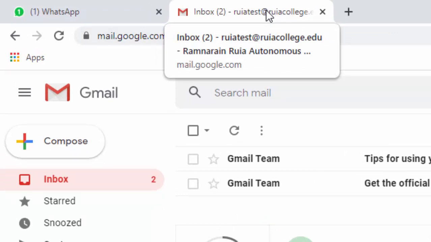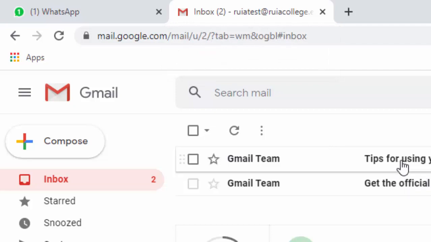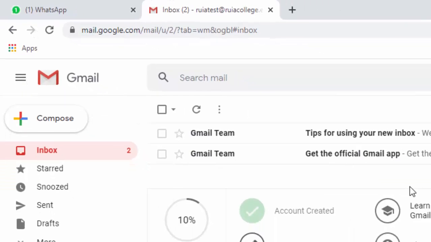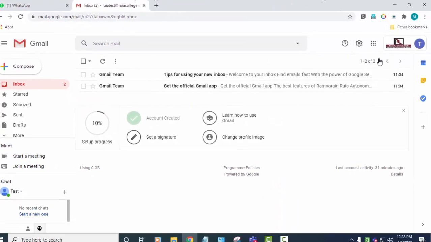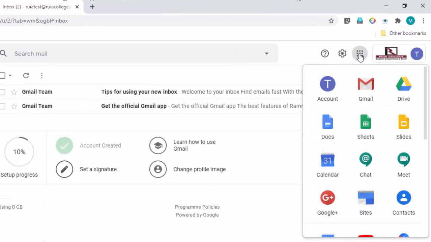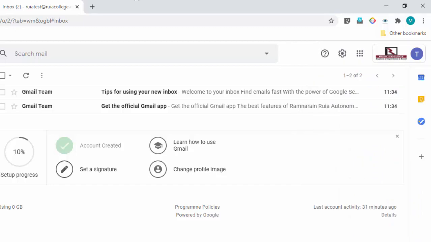So the very first thing we will see is how to create a group. To create a group you need to have email IDs of students in your account. You need to add all the email IDs either in the contacts, or you can add the email IDs when you are creating the group. So first we will see how to create a group.